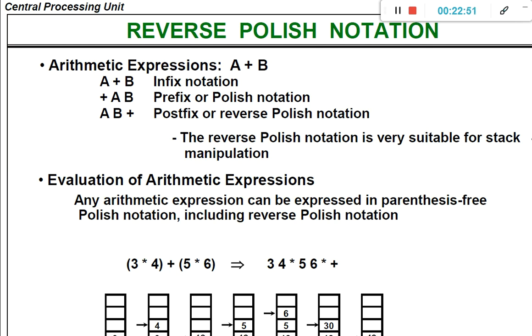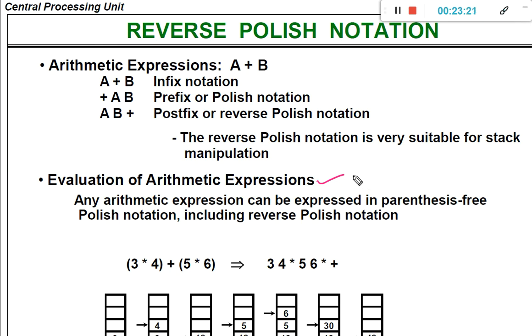Without any use, we need not implement the stack inside of the computer system. So there is an advantage of implementing the stack inside of the computer system, that is evaluation of arithmetic expressions. So the stack implementation is used for evaluating the arithmetic expressions.